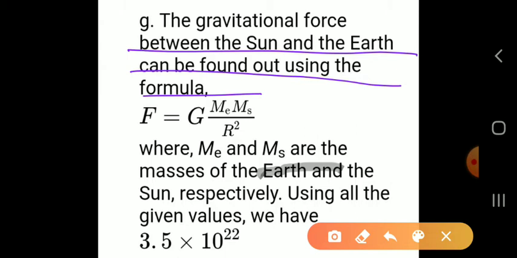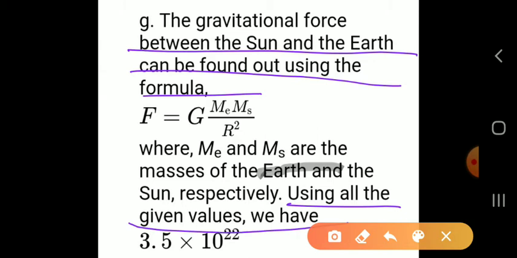So children, ME is what? M is the mass of the earth. MS is what? Mass of the sun. Where ME and MS are the masses of the earth and the sun respectively, using all the given values,